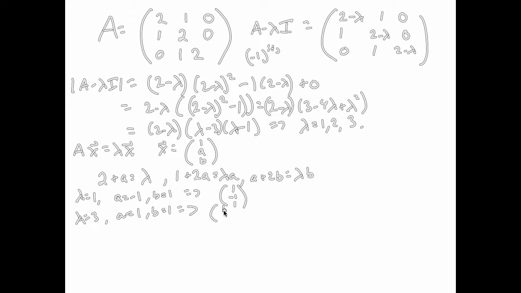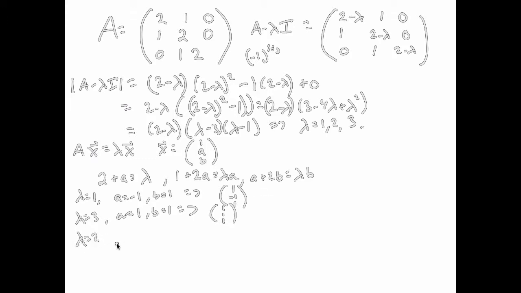And that implies we have 1, 1, 1 as an eigenvector for lambda equals 3. Now let's do lambda equals 2. Now lambda equals 2 is potentially an issue because for lambda equals 2,